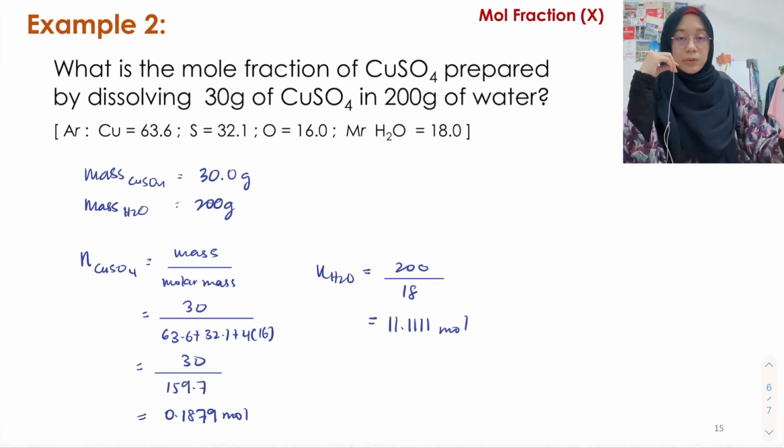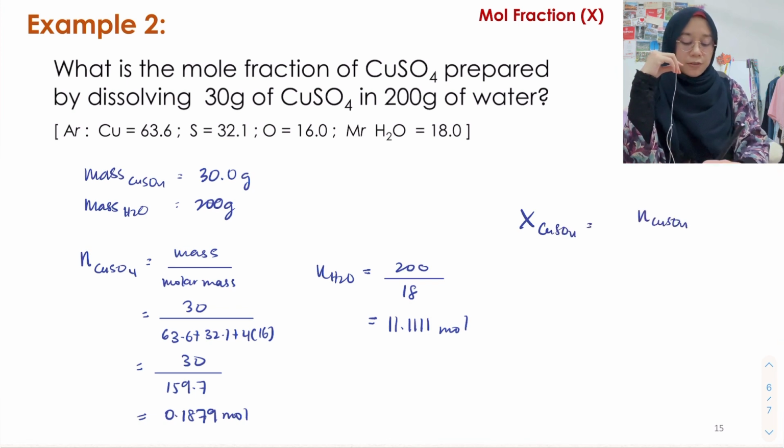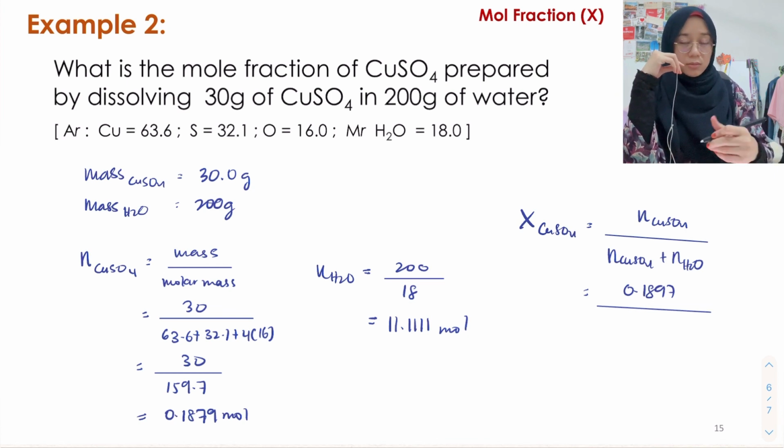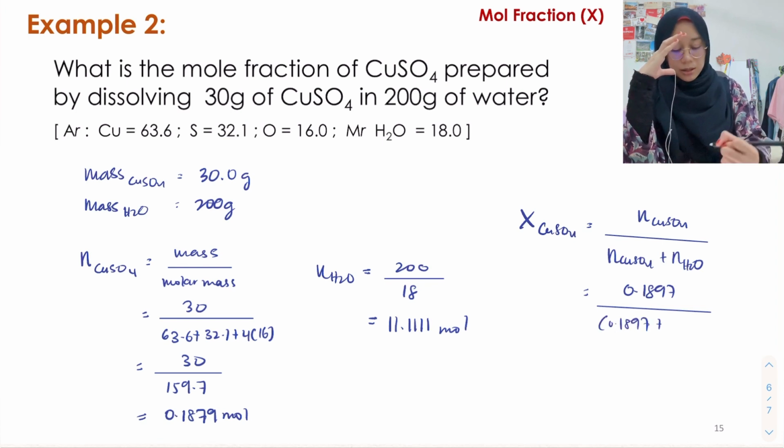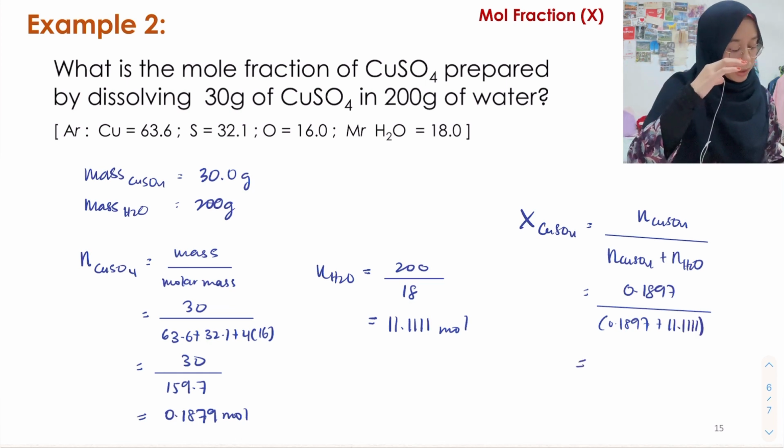Okay, so now kita boleh cari mole fraction untuk CuSO4 yang akan memerlukan mole CuSO4 divide by mole CuSO4 tambah dengan mole H2O, kita akan dapat 0.1897 divide by, Miss harap kamu faham kenapa tak ada unit sebab kalau atas mole bawah mole cancel out lah. Okay, so yang bawah pula 0.1897 tambah dengan 11.1111 ni, and then what you will get is